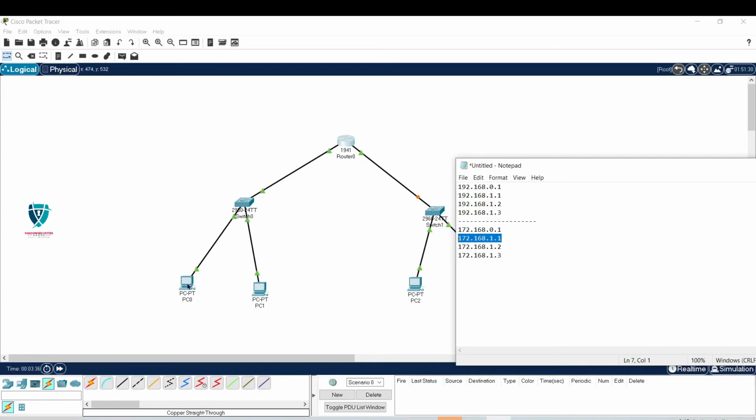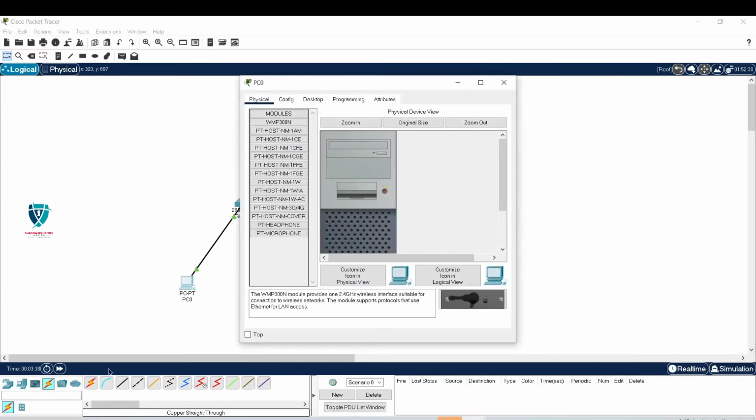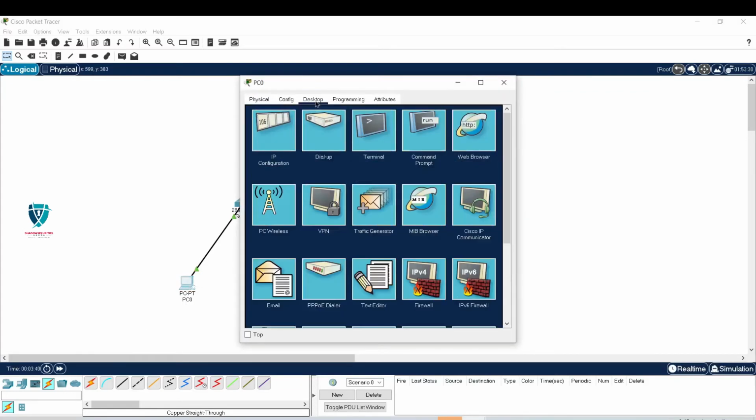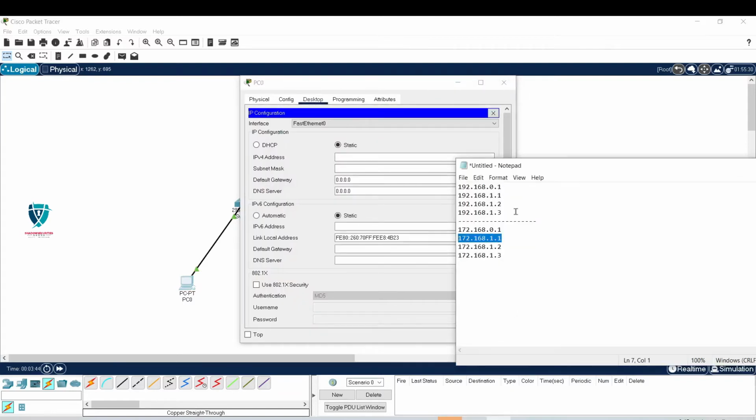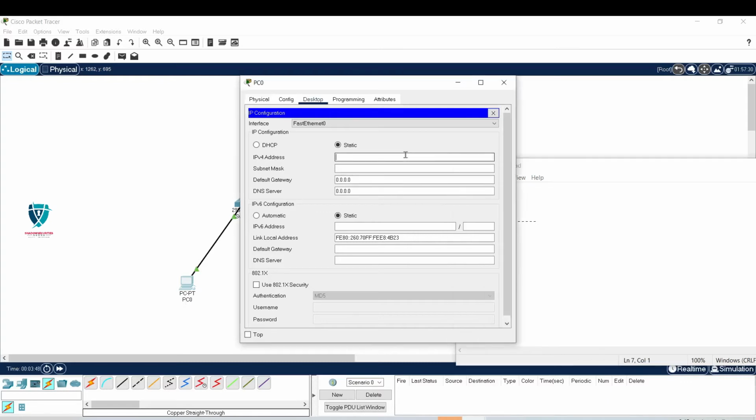So we have to configure these PCs by clicking on the PC and then entering into Desktop, IP Configuration. The IP address for this PC will be 1.2, so 192.168.1.2 will be the IP address and the subnet mask will be this. The default gateway will be the router IP address, 1.1.